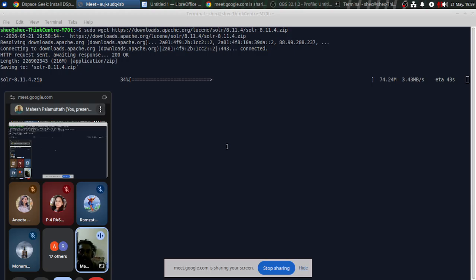Does anybody have any doubt up to this step? Don't worry, I am already recording the installation steps. You can always refer to that video. I'll be adding that recorded video in our Google Drive, and I'll give you the link, so that if you want to refer, you can always watch the installation video. Okay,